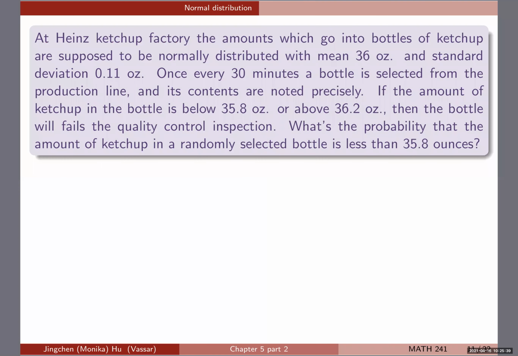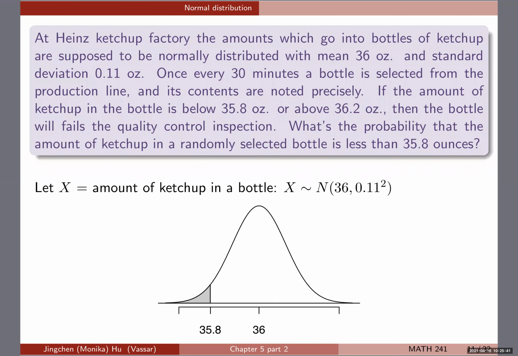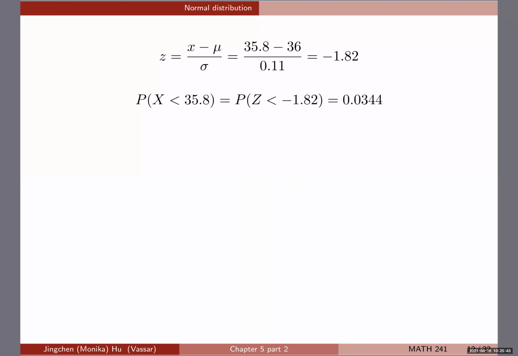To bring it to the standard normal scale, what we do is use Z equals X minus mu divided by sigma. So X, that line, whatever we're trying to compute below that point, is 35.8, the mean is 36, and the standard deviation is 0.11. So you compute what we call a Z-score, which is negative